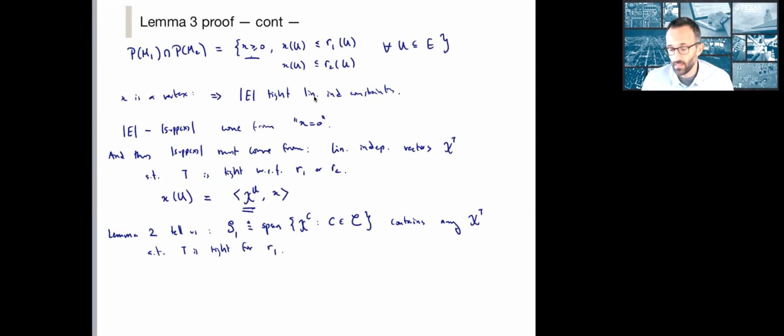In other words, any t such that x of t is equal to R1 of t. And similarly,